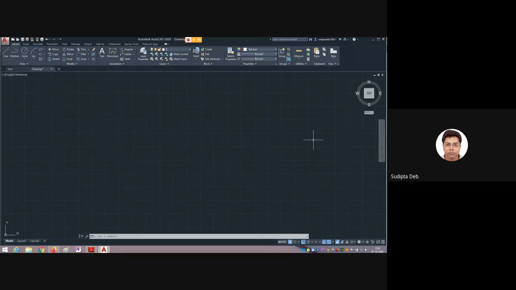Another thing we can do, if you go to this WCS icon, this is called the WCS icon. WCS means it is a coordinate system. CS means C for coordinate, S for system.